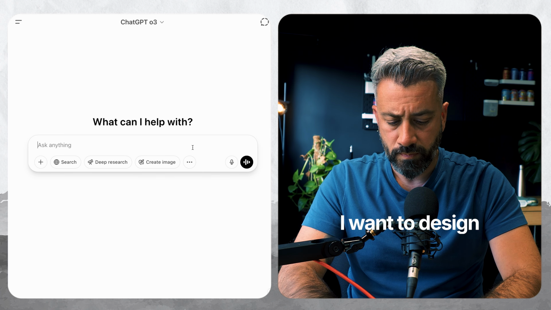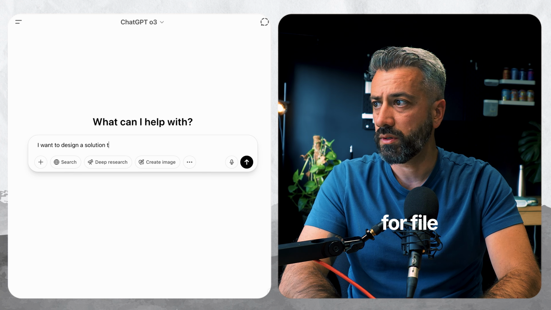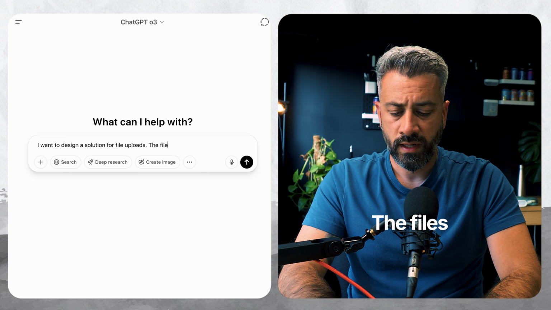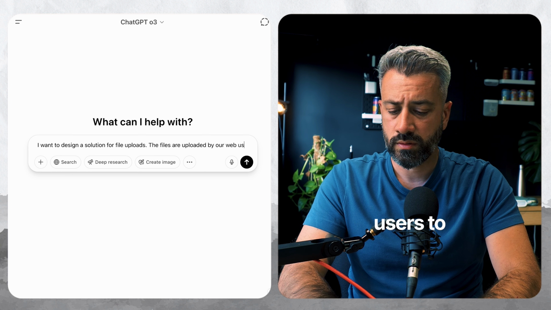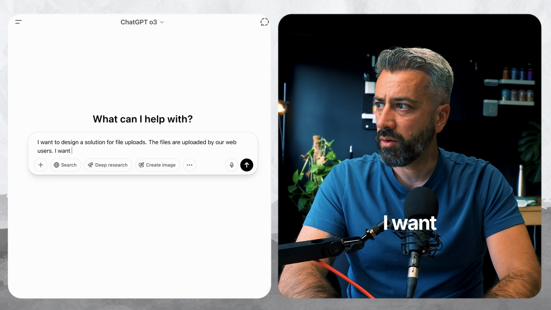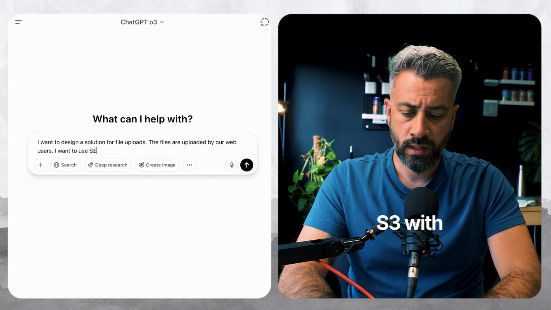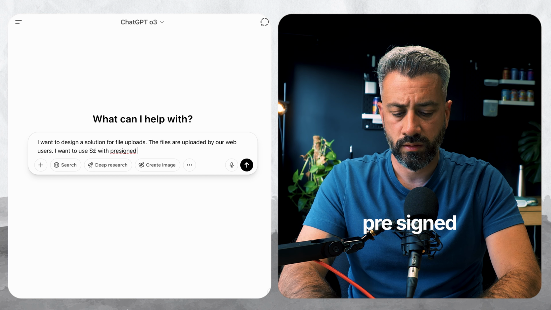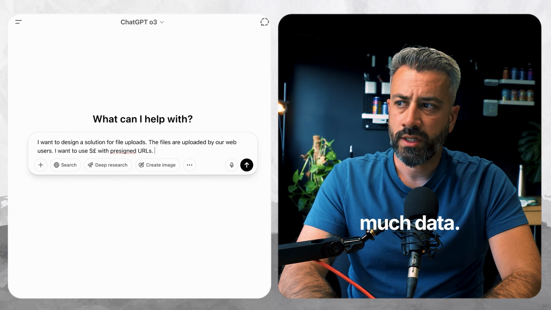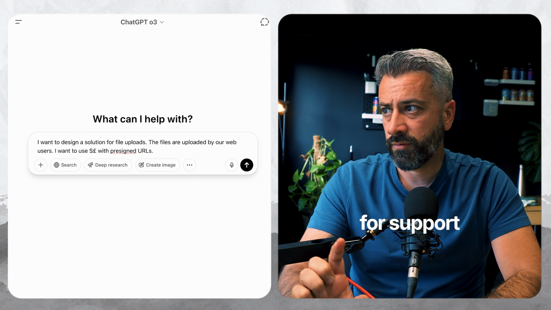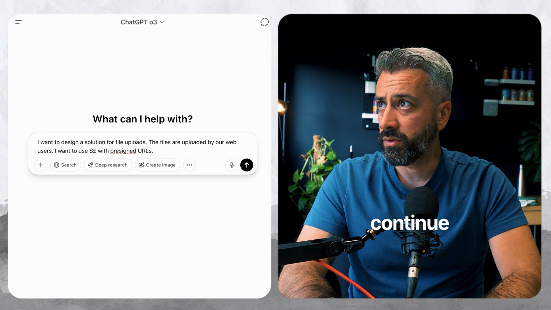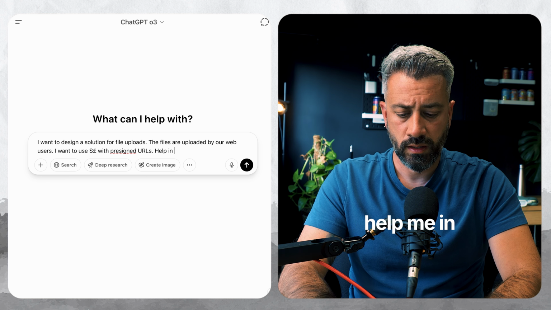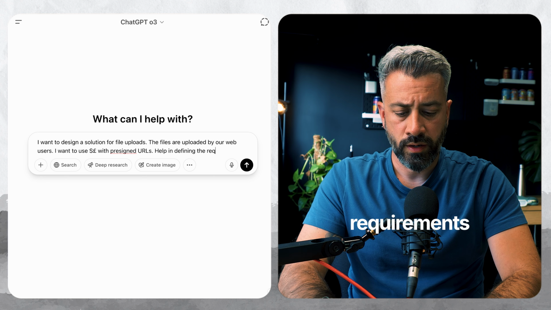I'm going to start with: I want to design a solution for file uploads. The files are uploaded by our web users to our website. I want to use S3 with pre-signed URLs. I don't want to give too much detail. So what we're going to do here is ask for support in creating a requirements document. So I will continue saying, help me in defining the requirements